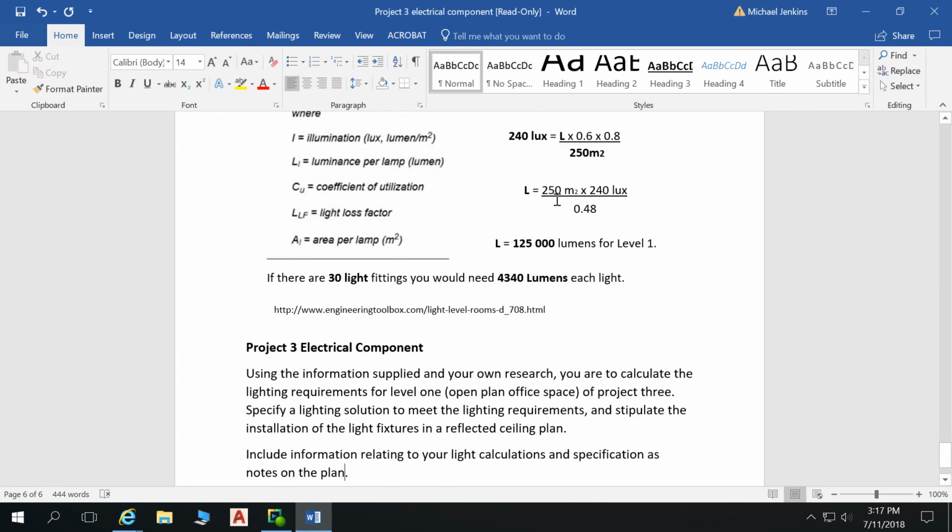So if we were 250 square meters and we were after 240 lux, the lumens we would end up wanting is 125,000 lumens. That would be it. But that's not the answer. Right, you guys